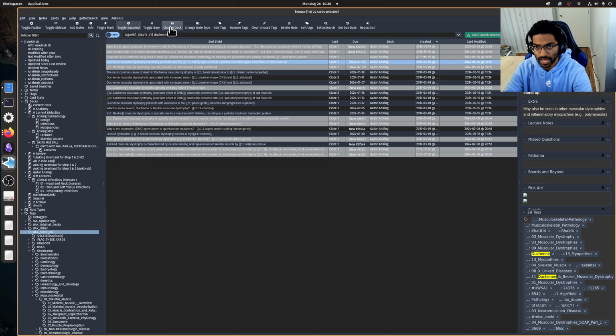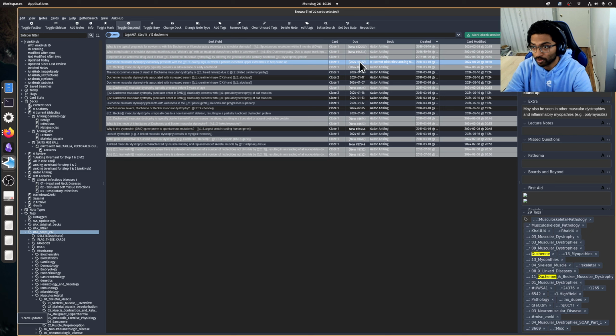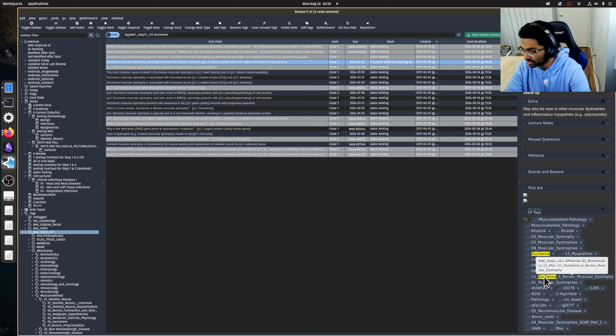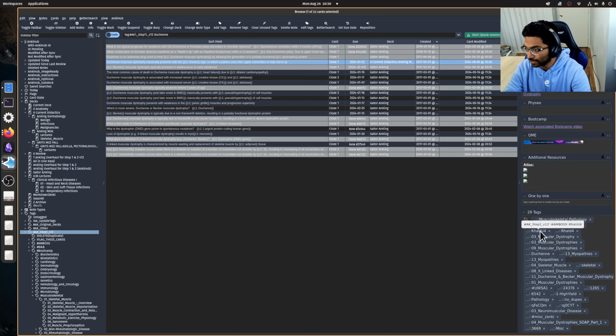And we can go ahead and change the deck of this into our lectures. Now we do need to make sure we see the parentheses around here, so we also want to unsuspend that with Control J. And while we're at it, we can keep cherry picking through here, but we see that, oh, First Aid has a tag for Duchenne, as does Pixorize. Oh, okay, so that isn't working. But what we can do is we can then go by,